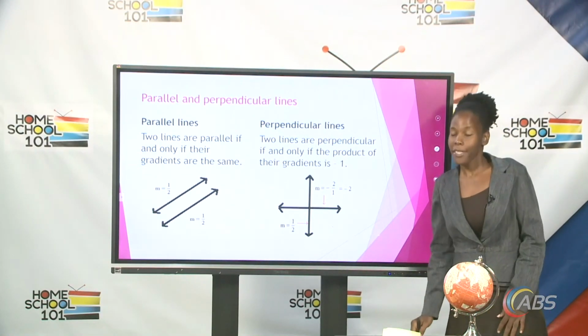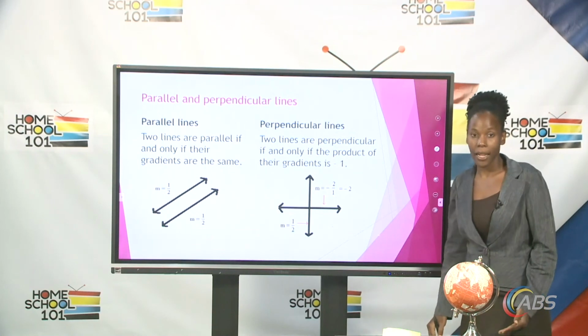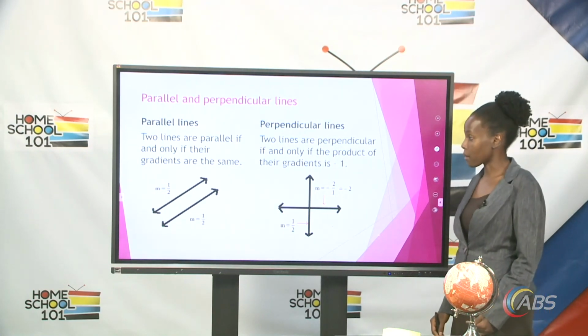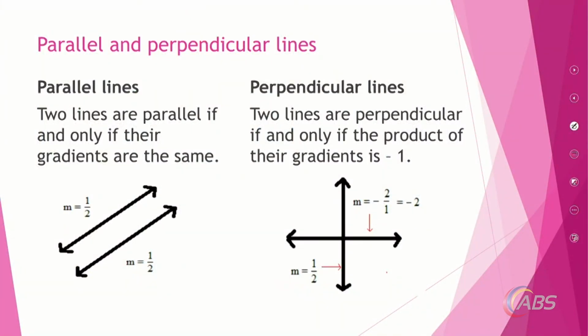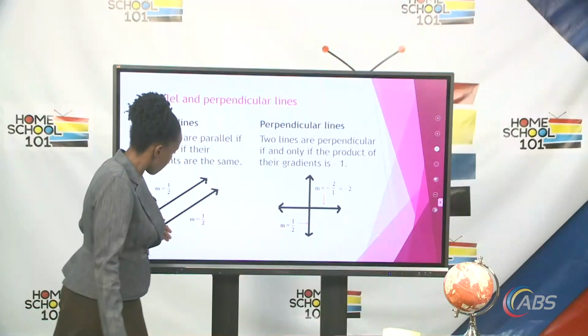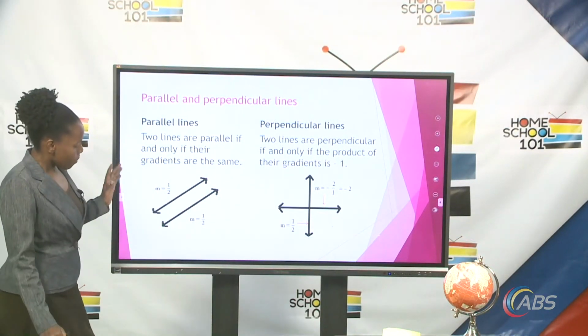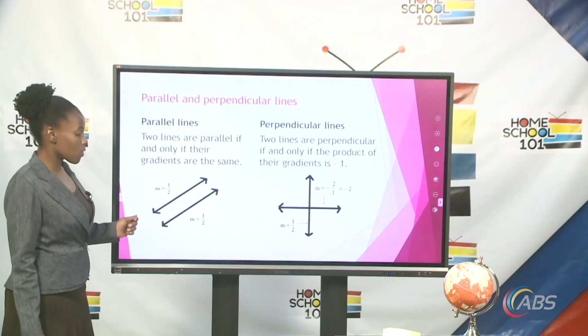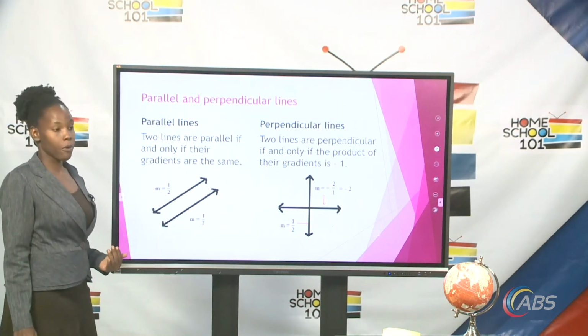We will then proceed to looking at parallel and perpendicular lines. Now, two lines are parallel if and only if they have the same gradient. So if we look on this side, we would see we have two lines. They have the same gradient, m is equal to 1/2, and once they have the same gradient, we say that